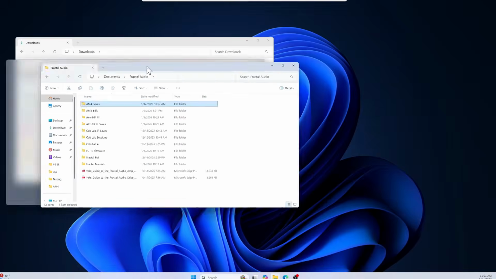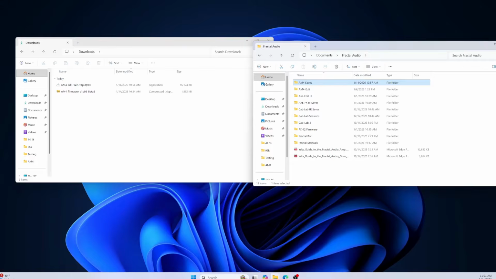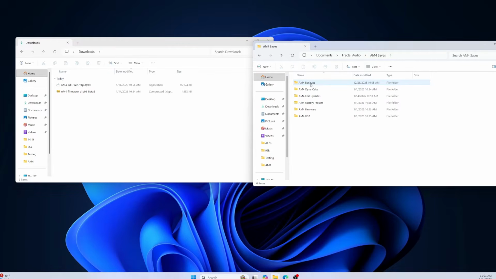Bring a folder here. Like I said, I'd like to save everything, so under my documents, Fractal Audio, I made a folder called AM4 Saves. This would be all the different things I'd save. Okay, so we'll go first. I've got AM4 Edit Updates. Again, I made these folders myself,